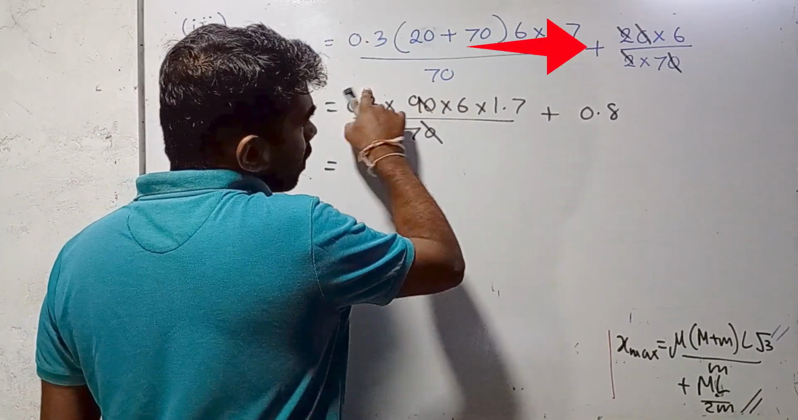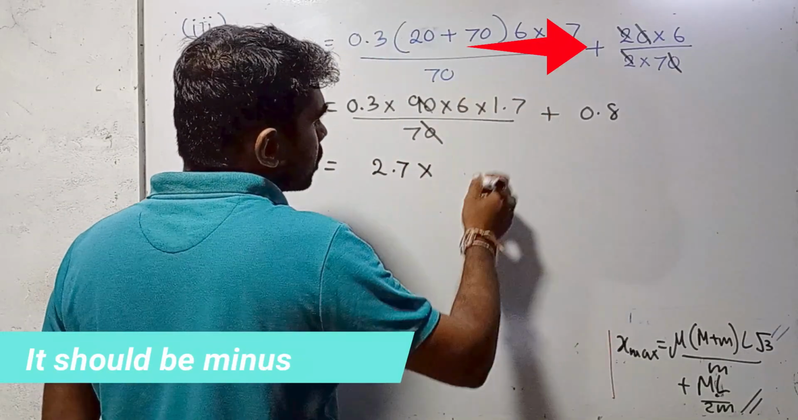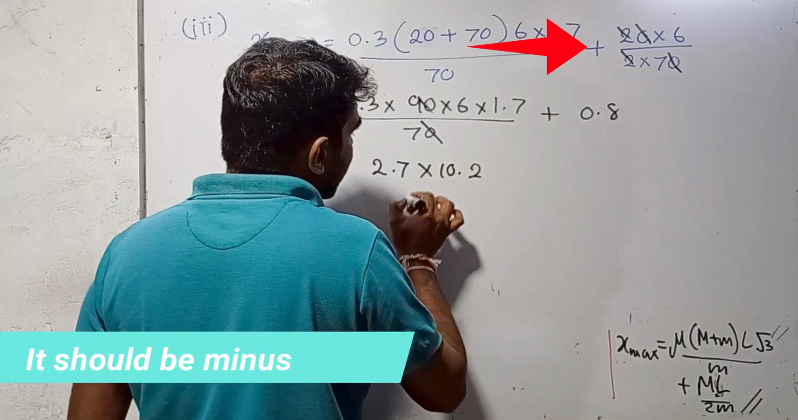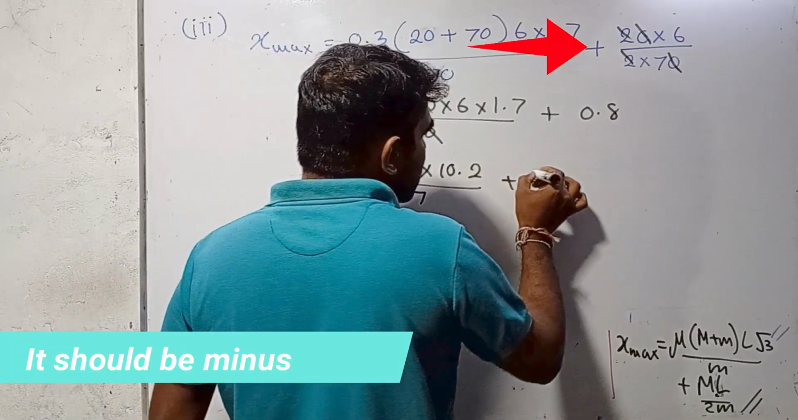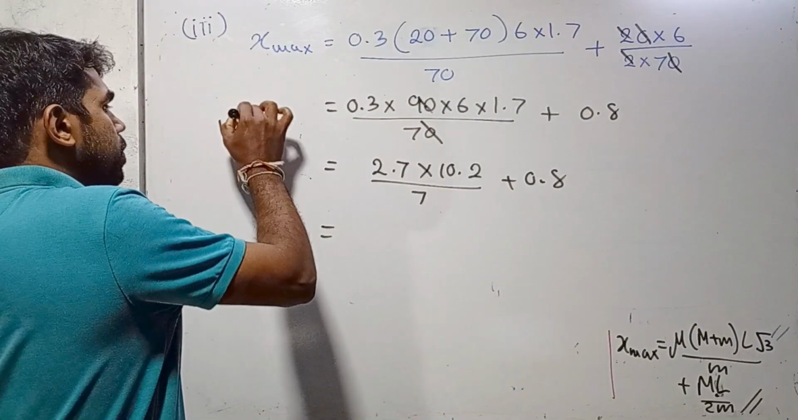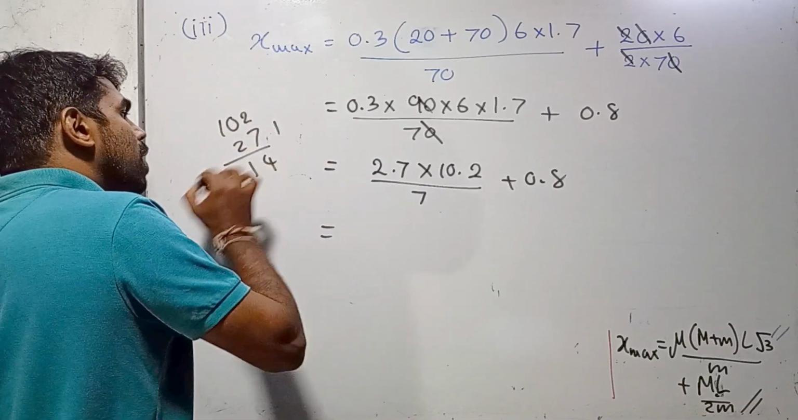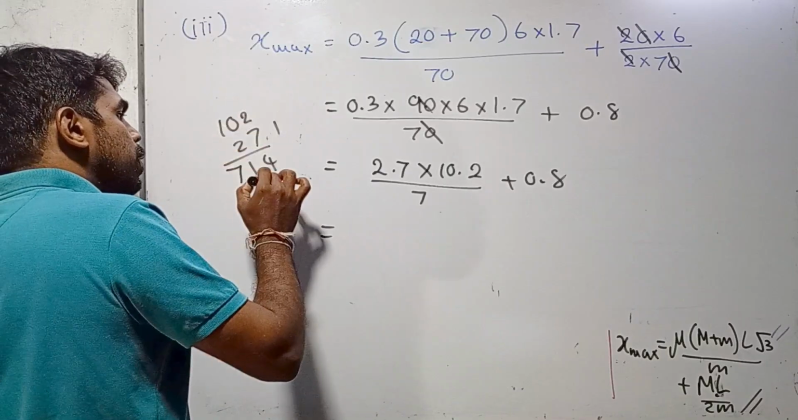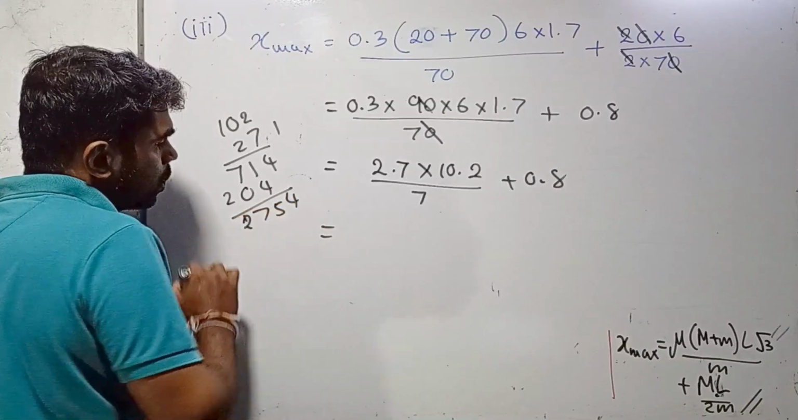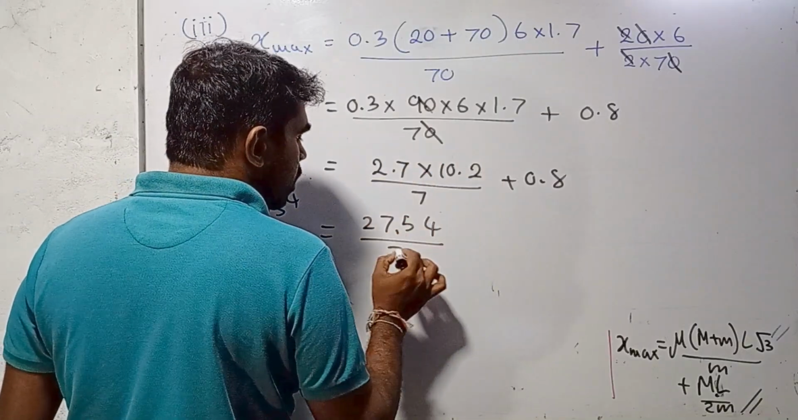9 into 3 is 27. 1 decimal place. 6 into 7 is 42. 4 remaining. 6 into 1 is 6 plus 4 is 10. 1 decimal place. Divide by 7 plus 0.8. 10.2 multiplied by 27. 2 into 7 is 14. 1 remaining. 7 into 1 is 7. 2 into 2 is 4. 2 into 1 is 2. 2754. We have to separate 2 decimal places. Divide by 7